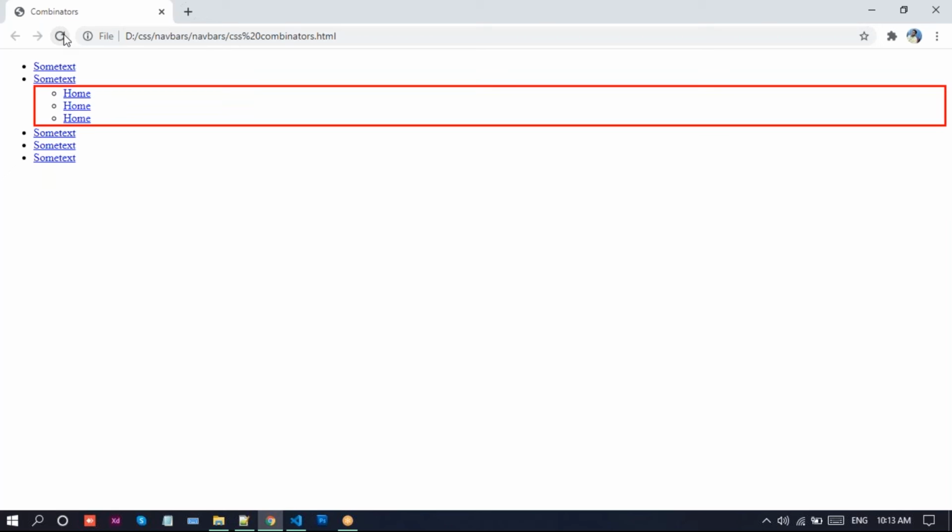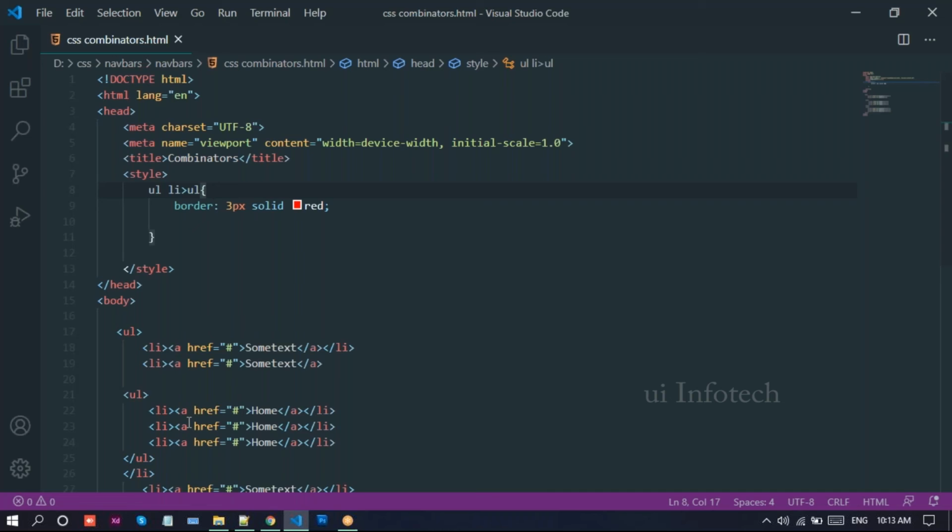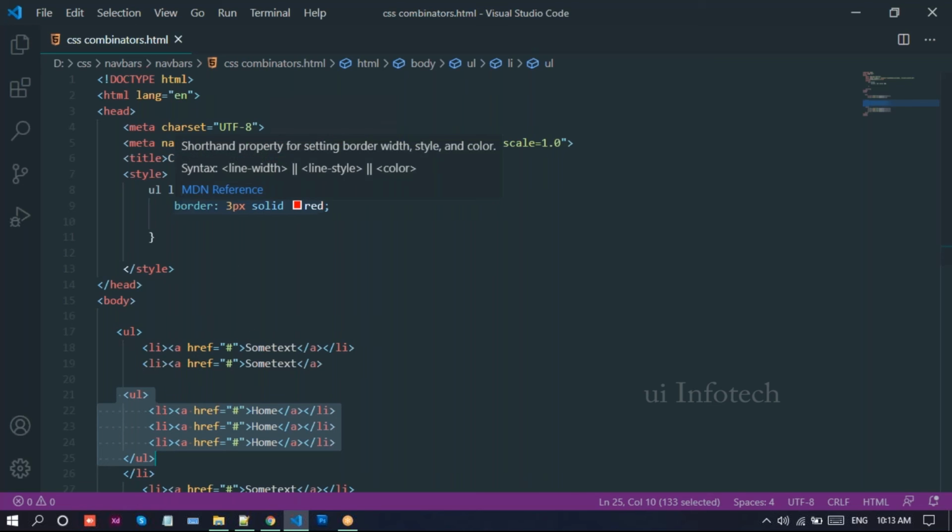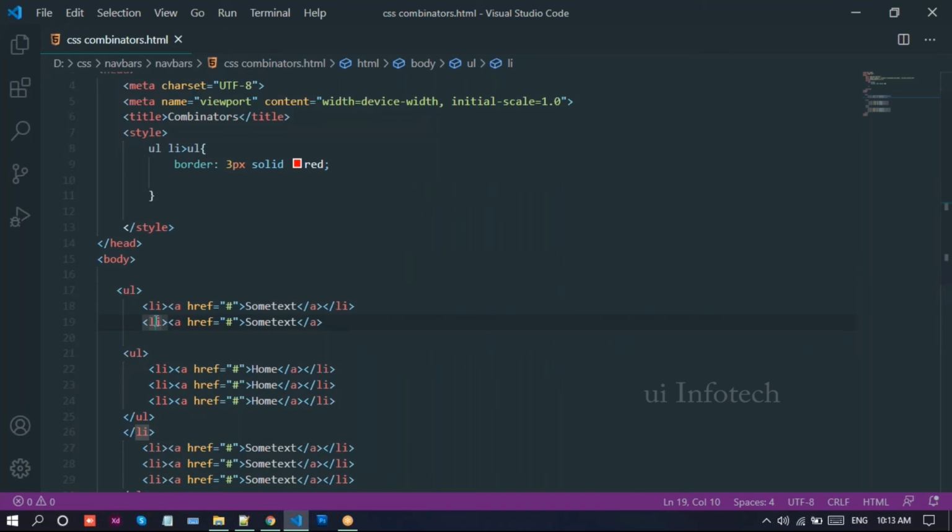So I take this li and ul. Now look at this one. Now go to this browser, just reload this page. So it will apply only for this child element. So in order to apply this ul part as a background, like you need to apply some borders or colors, anything you want. So in order to select these child elements, we use this child selector. See, this is the parent, this is the child, this is the subchild for this li. So like this, we can use this child selector.